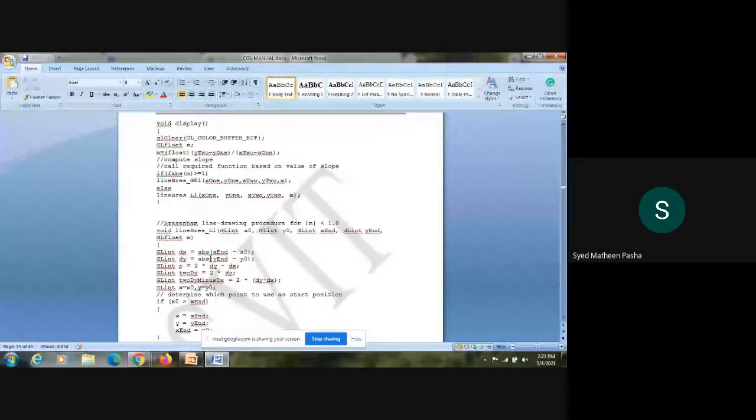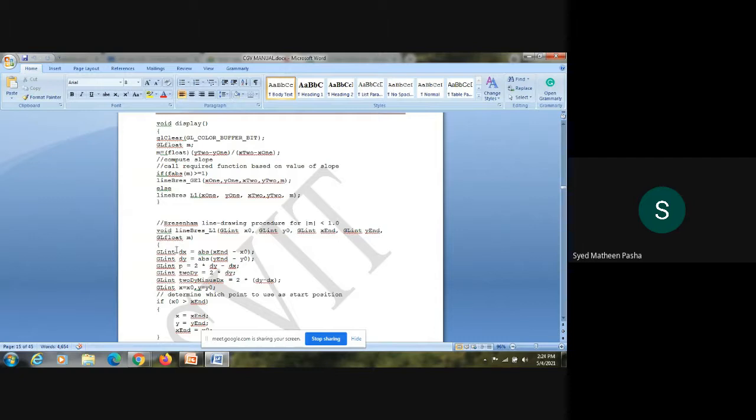So I can define it by taking the absolute value. What does ABS mean? It gives you the absolute value of the point. Suppose I am giving some double values to both the equations, but the delta x value should be an integer. It will give the integer value to delta x, so I'm using the absolute value here. I'll define the difference between the endpoint as well as the initial point.